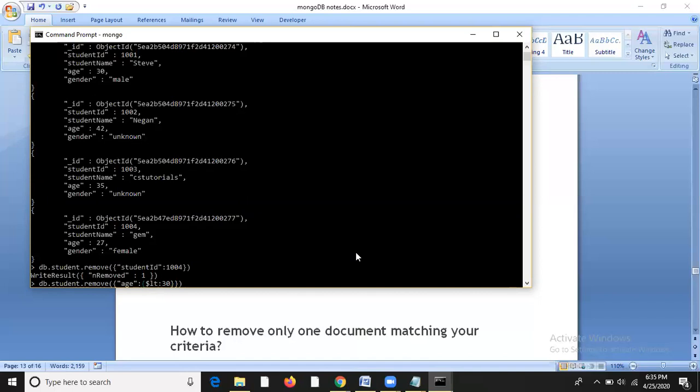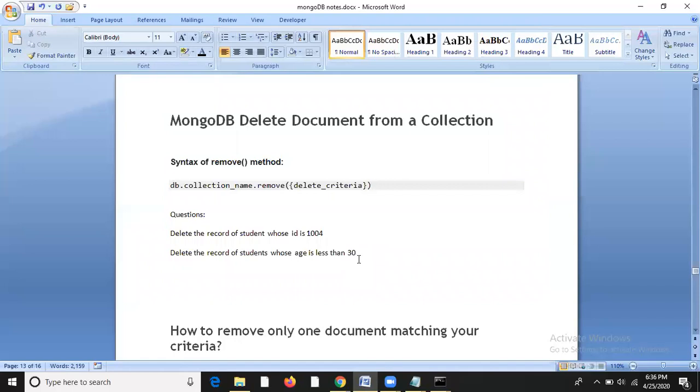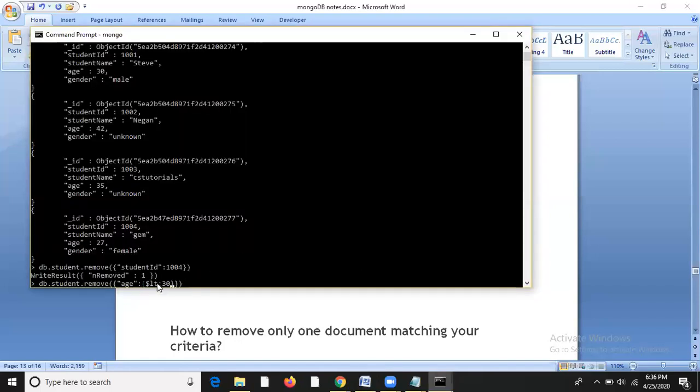By the way, when you execute this query, it will delete all the records whose age is less than 30. I'm not going to fire this query because I have to use these documents in my lecture session. So I will explain the query I have written over here. The criteria was age should be less than 30. When I say less than, I have to use $lt, and then I specify the value, which is 30, and here I specify the field, which is my key.